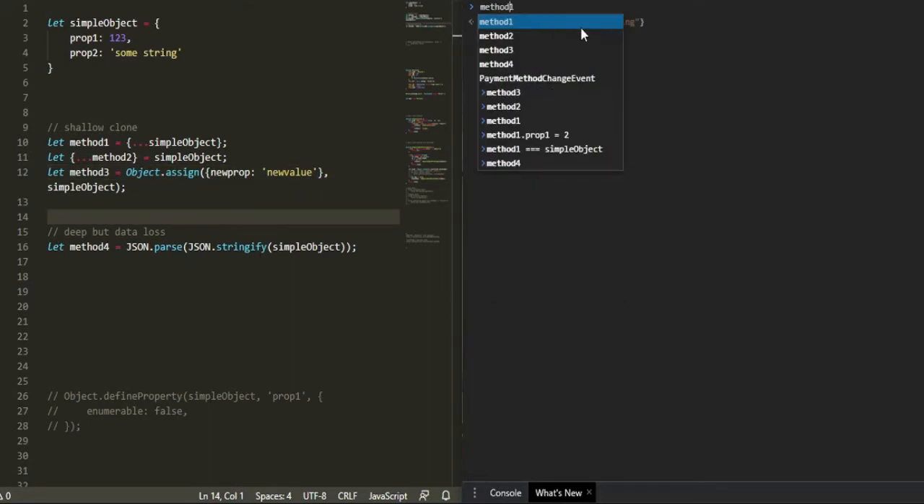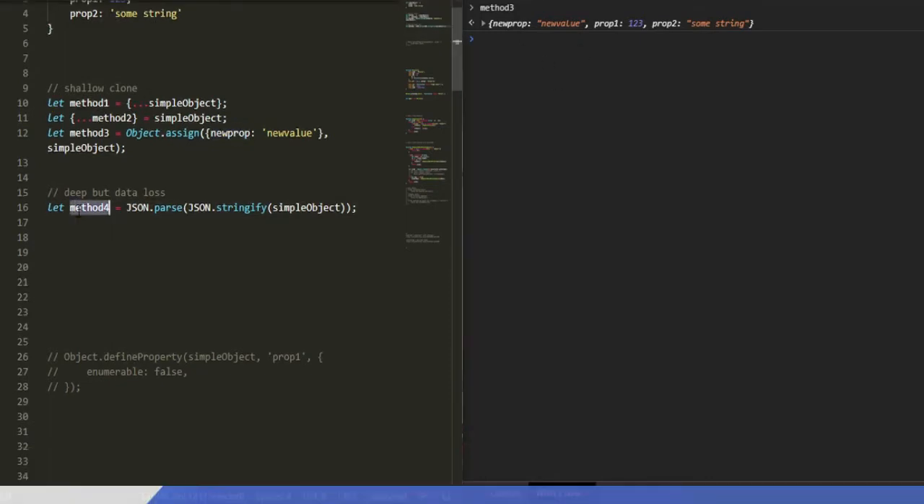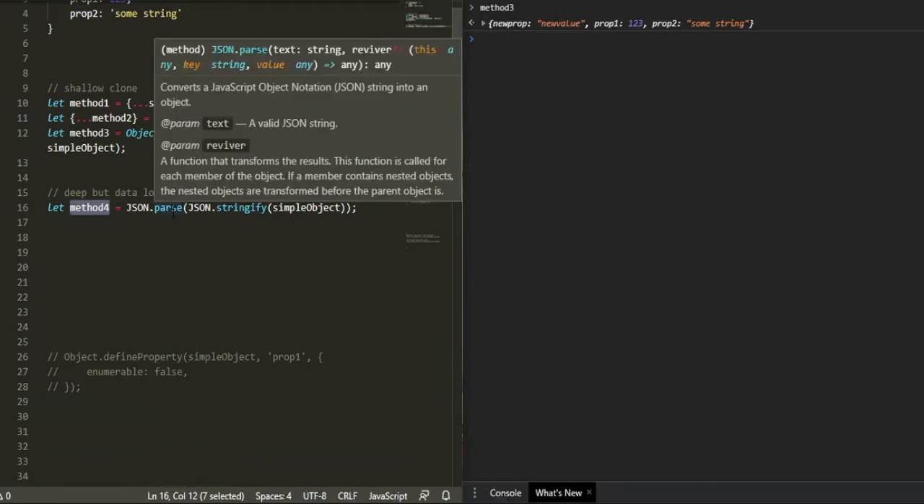And now if I show you method 3, it added the new value right here. And also you can update properties just like in the previous case. So the fourth method is actually one of my favorite methods, and it's one of the fastest methods, but it